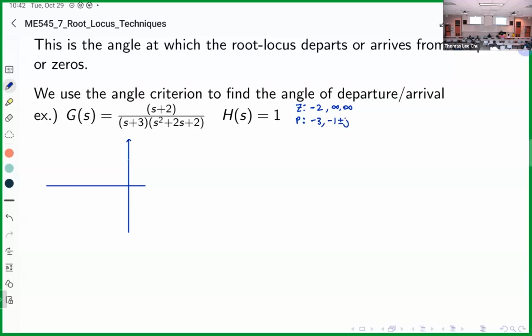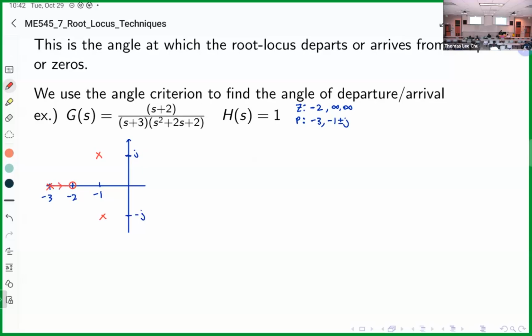Okay, so let's draw the pole zero map at j, minus j, at -1, here's 2 minus 2, and then we have -3. So I'm going to draw in red our poles. And then we have a 0 at -2. And right now we can just do the real axis segment and just check that we actually have a real